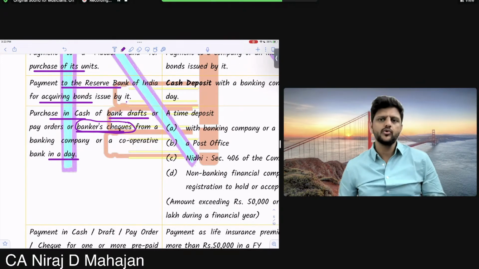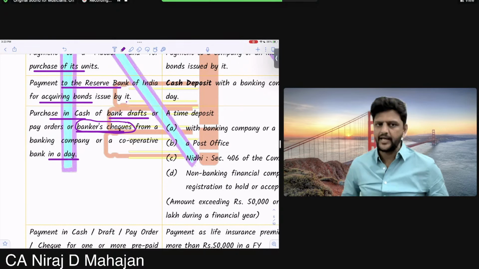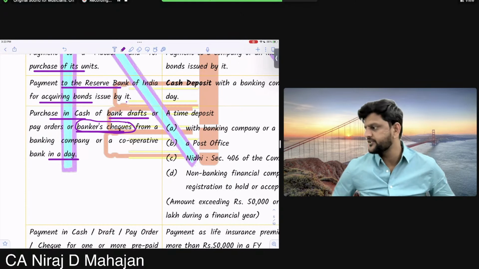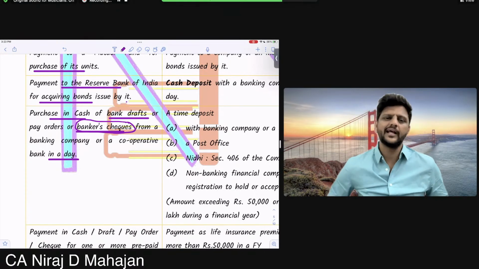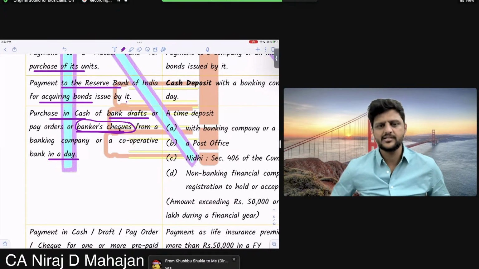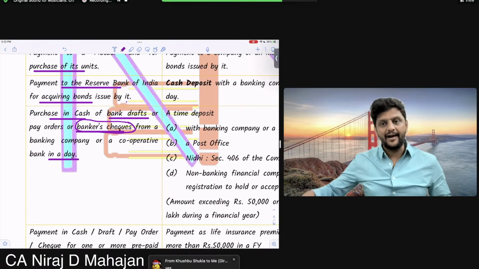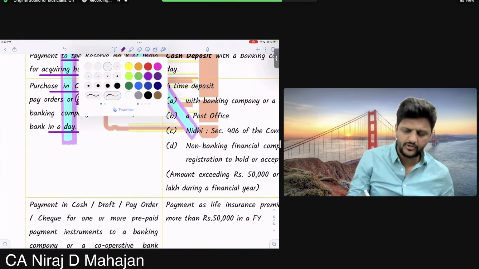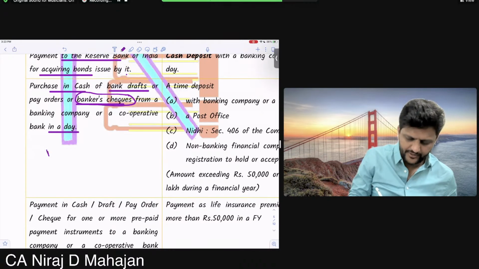But the problem with a check is what? It can bounce. Hai na, bachcho? Then if the check is bounced, both parties are liable for some charges. Then again recover the money, this and that. So even ICAI, or anybody at such level, said no, we will not even take a check. We will take a bank draft. What you call a demand draft. Don't write on anything, I'm discussing it only for your understanding. Demand draft, DD.